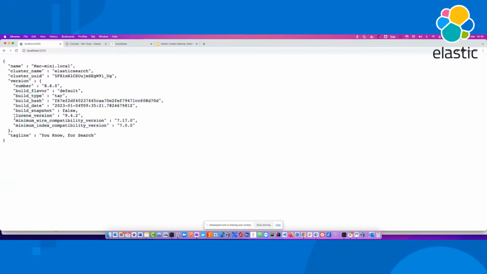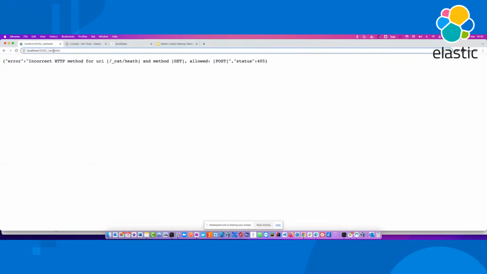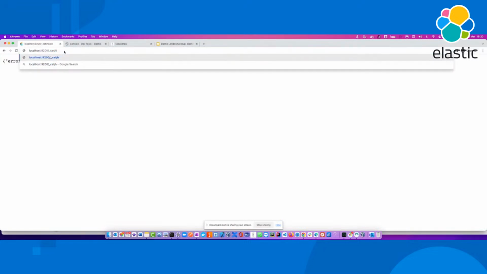As I was telling you earlier, Elasticsearch is built on top of Lucene. As you can see, that is the 9.4.2 version of Lucene. Now, 9200 is the port Elasticsearch is exposing, so you could talk to Elasticsearch directly. However, you should also be able to use something called the cat API. I think I may be able to get that. Actually, I just want to show you in a second.